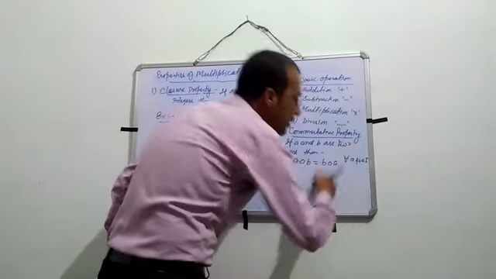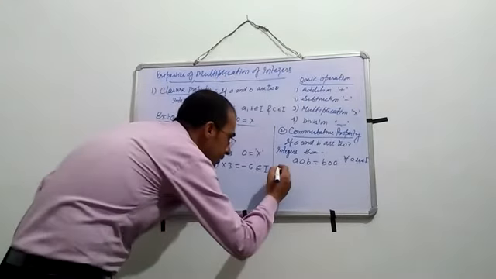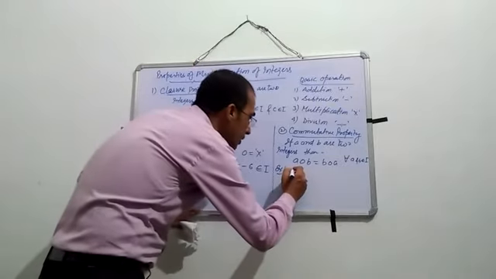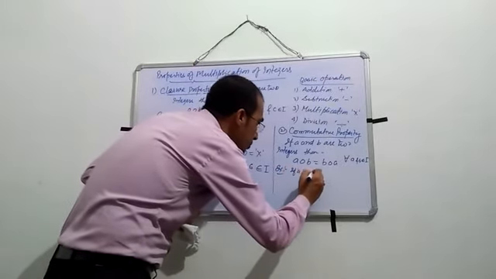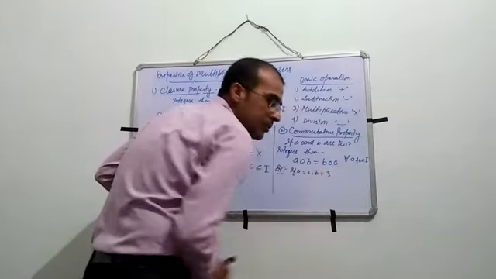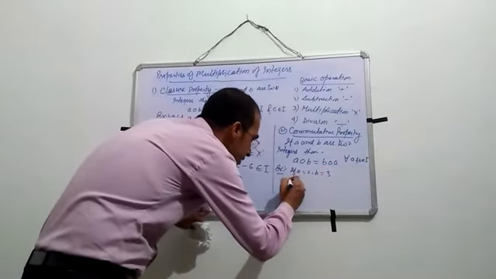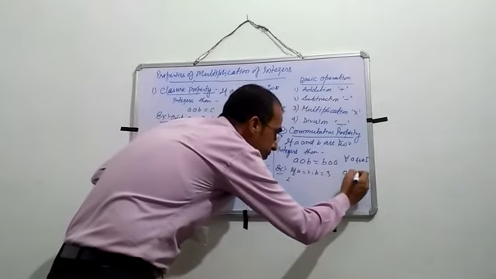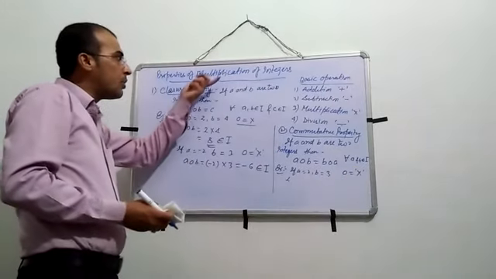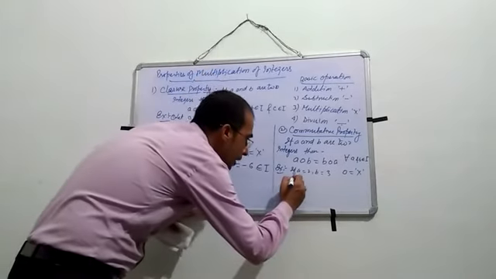What are a and b? a and b are integers. So you can say, for example, you can take a equal to 2, b equal to 3. You can take minus also, no problem. So LHS is here. And what is your operation? Operation is multiplication. Remember this thing. Which operation is going on? Multiplication is going on.